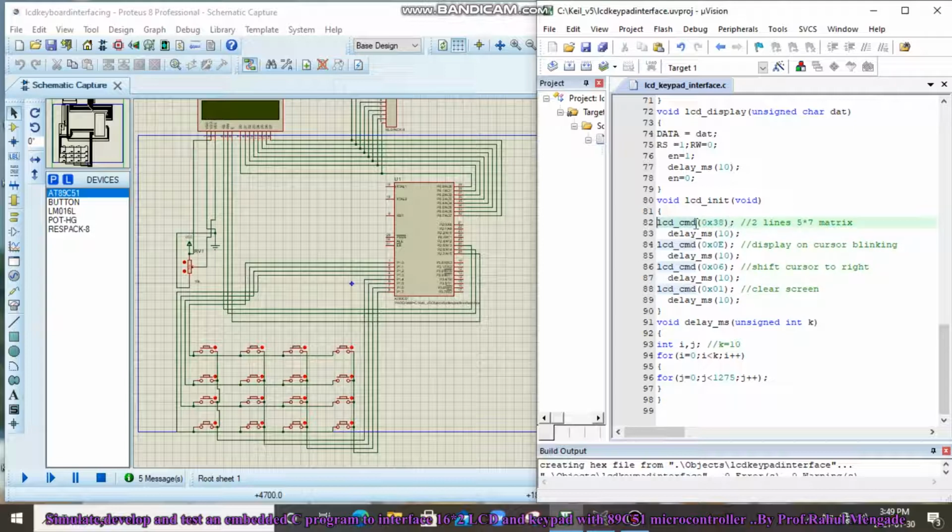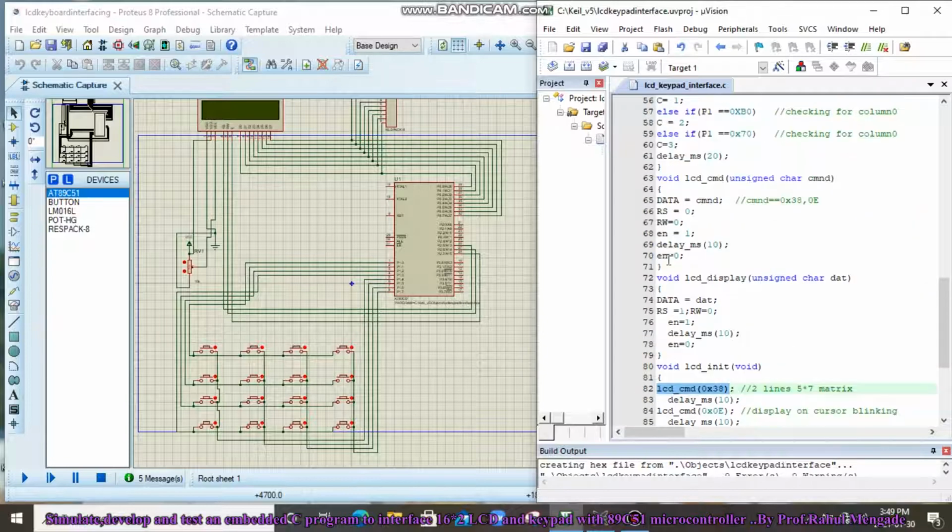In this function one more function is called, that is the LCD command function. Different commands are passed from this function. 38 is passed for 2 lines and 5/7 matrix display. So the program will go to that function, LCD CMD.